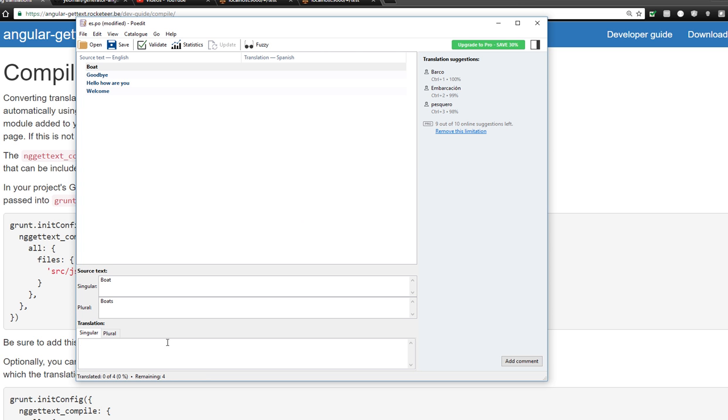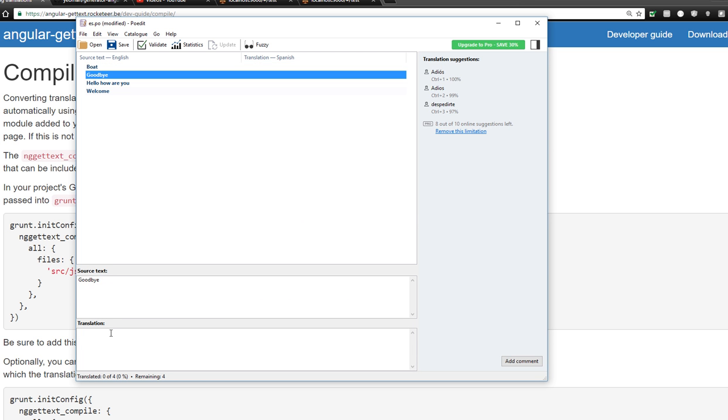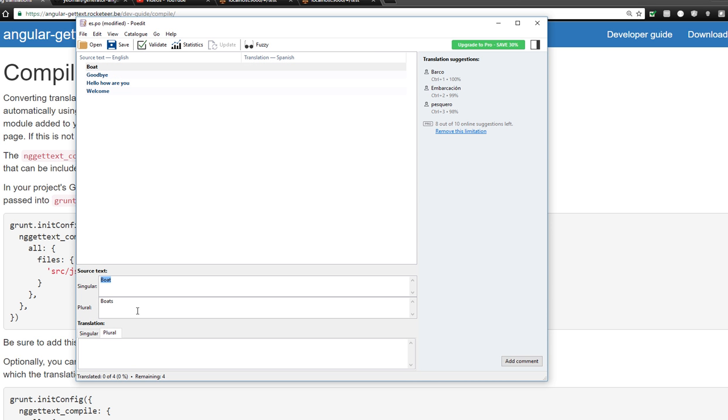So this is now the es.po, it's a Spanish file. So okay, we've got a box for singular and plural for that one, and the others will just have the one text box. So what we can do,